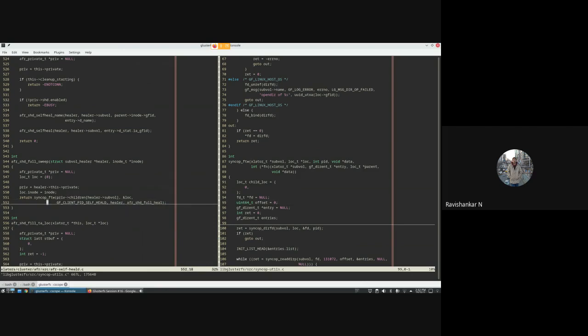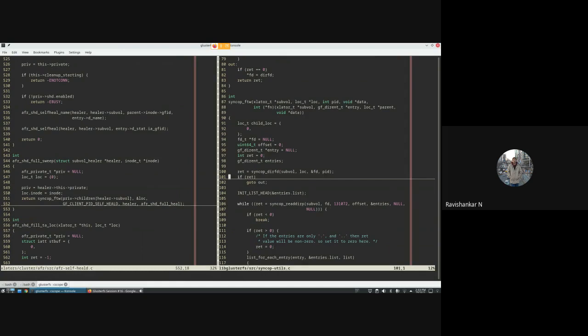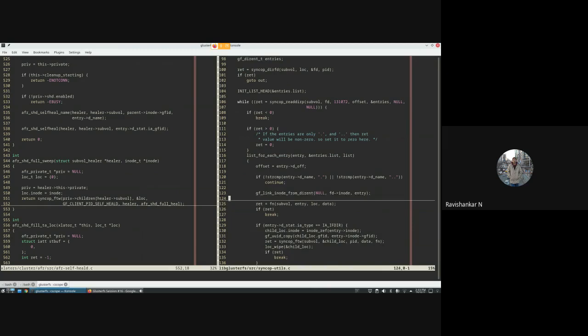If you go to ftw, it first gets the FD and does the read dir P on that FD, and the path is basically the root of that AFR volume. For every entry that it gets, it checks whether it is dot and dot dot, then we don't need to do anything. And finally, it gets the inode and calls this function.